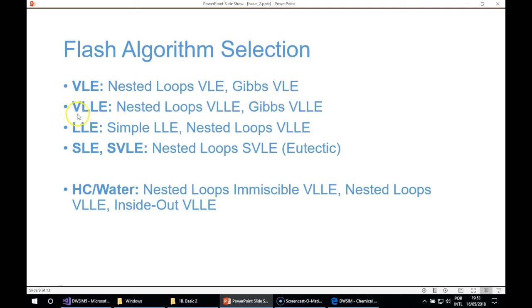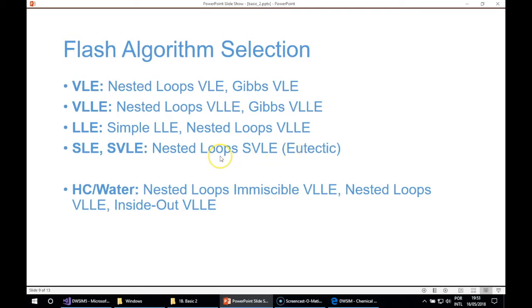If you expect to have two liquid phases, you can use the nested loops VLLE, and if it doesn't work, you can switch to the Gibbs one with support for two liquid phases. If you have only two liquid phases, you can use the simple LLE, otherwise you can switch to the nested loops VLLE flash algorithm. And if you have a solid phase, you can use the nested loops SVLE